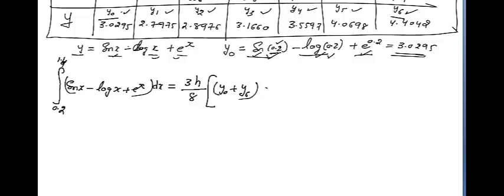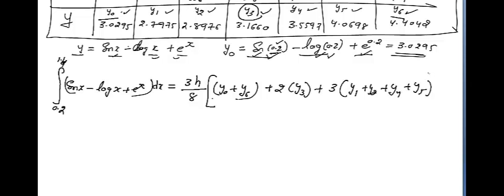Another, you will add twice the multiples of 3. The multiple of 3, other than these two, is only y3. So you have y3 here. You will add 3 times all the others. So all the others are y1, y2, y4 and y5. I hope you understand, because I am repeating the things once again. You will take the first and last only once, multiples of 3 you will add twice, and all others you will add 3 times. Adding 3 times means you had better multiply with 3.